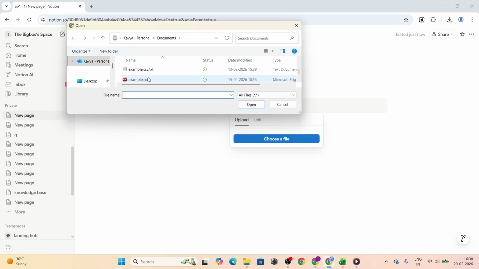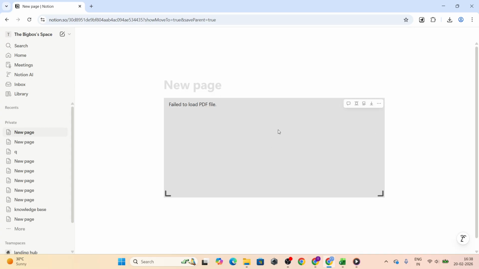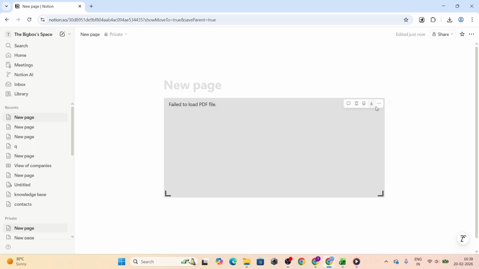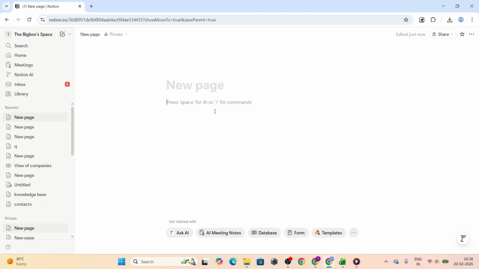You can scroll through pages, zoom in or out, and open the file in a larger view if you need more space. If the block looks a bit small, hover near the edges to resize it, or switch the page to full width from the page menu to give your document more breathing room. This method stores a copy in your workspace, so it's available on any device for anyone who already has access to that page. If the PDF is large, give it a few seconds to process before you try to scroll